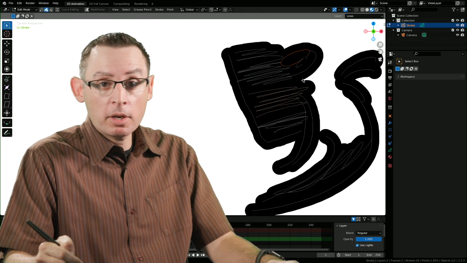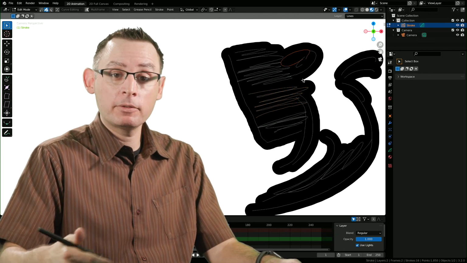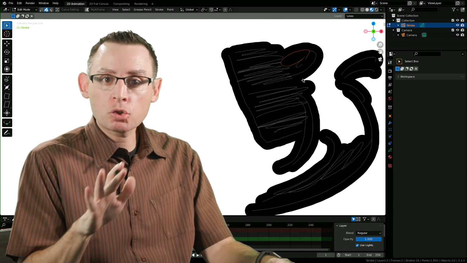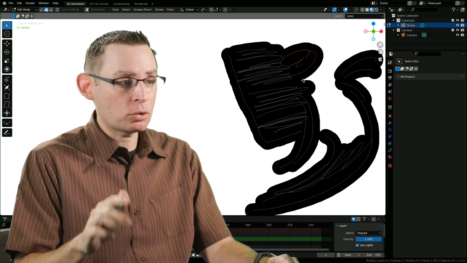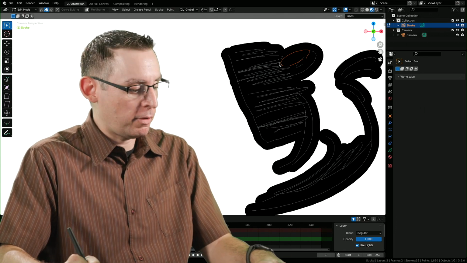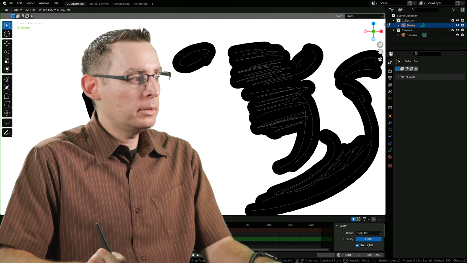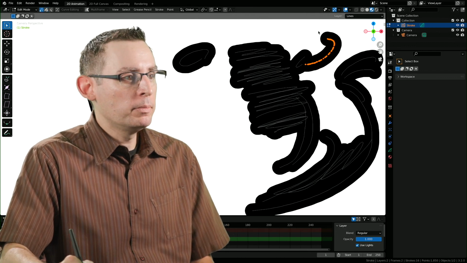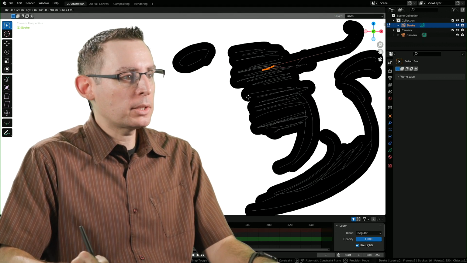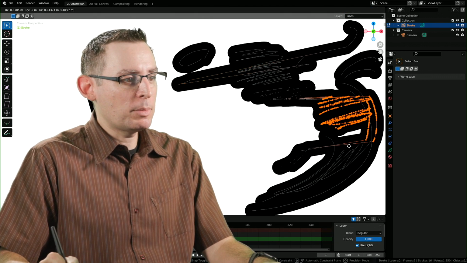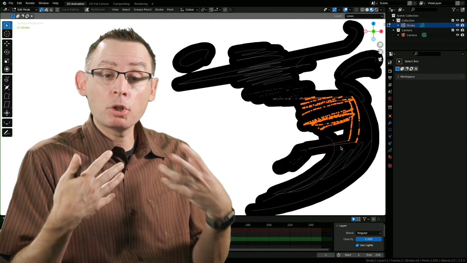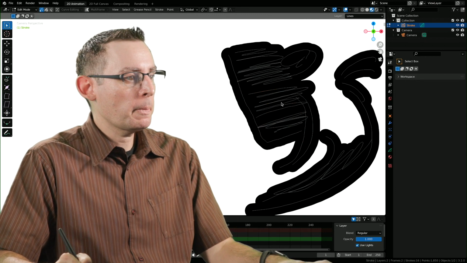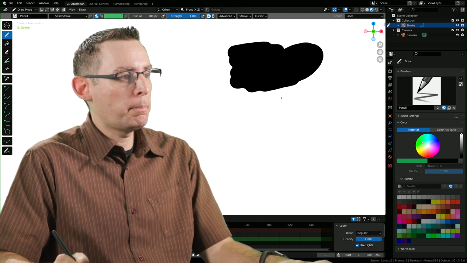Of course, these strokes have some great advantages. I can continue to edit my drawing after I've done it. And this is the big advantage of working in a stroke-based painting environment, is that our strokes are always live. They're never rasterized. They're never baked into the paper itself. Because I can grab it and grab that one. There's so much we can do. We can even jump into our point editing mode, grab some points along the way. We just have a lot of customization that we can do. This is not the best example of this, but the larger point being is that you're painting with strokes. All right, let me get rid of all of this. There we go. Just a quick little boop, boop, boop.